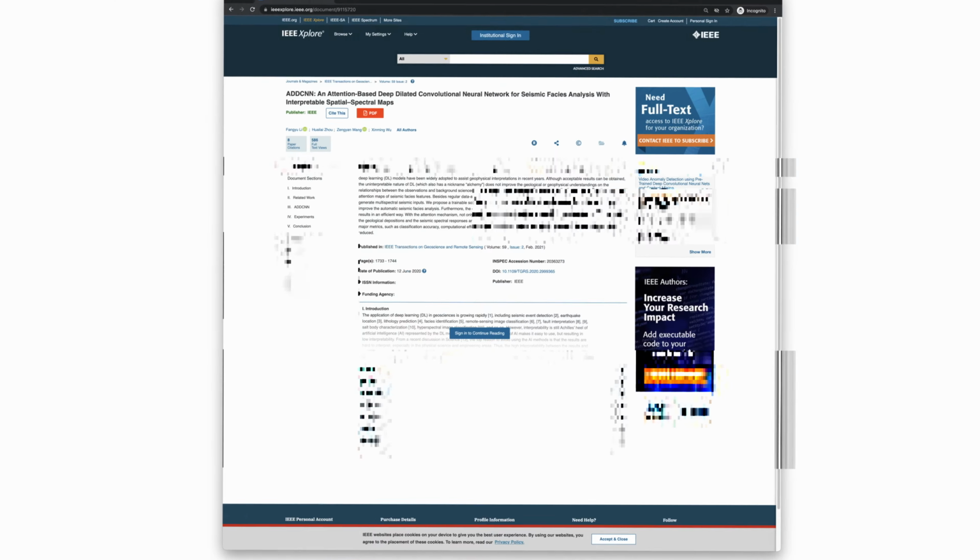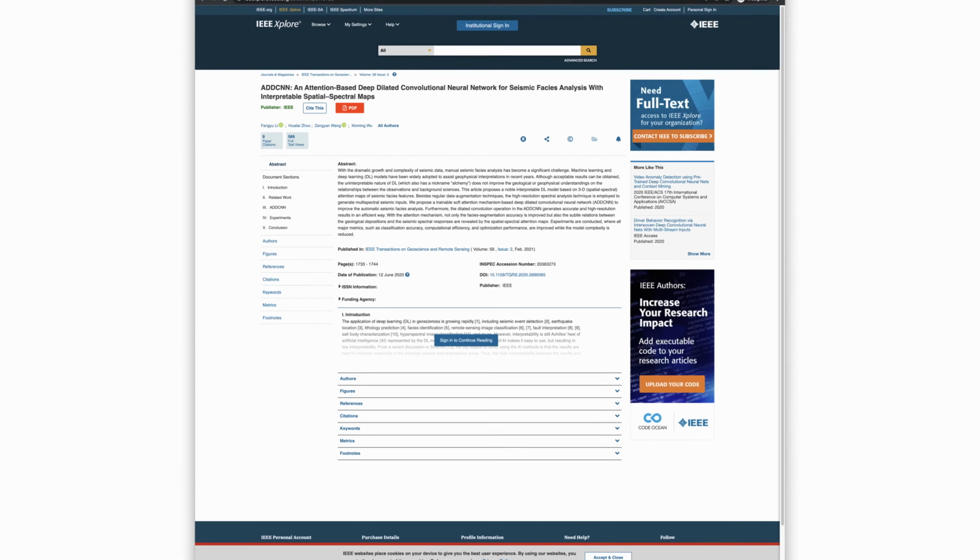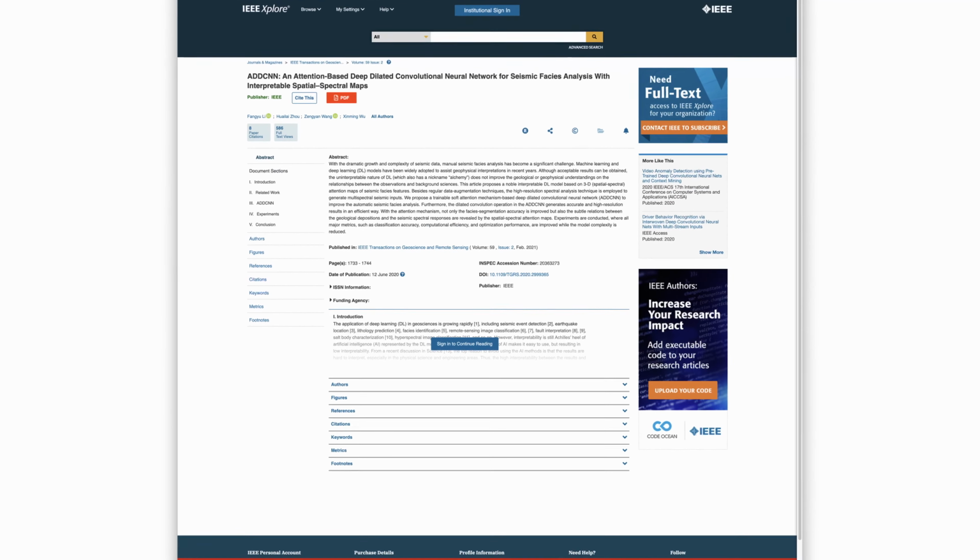In any case, some other high-stakes application would require it, and we need to work hard on it. Let's look at a publication that uses an attention-based deep dilated convolutional neural network for interpreting seismic facies. Although the authors talked about an interpretable AI solution, the earlier definitions that I've talked about already classify this as an attempt to construct an explainable AI solution, not interpretable.